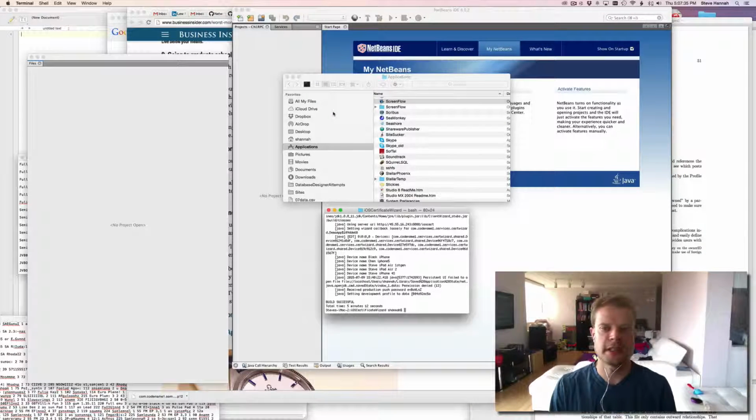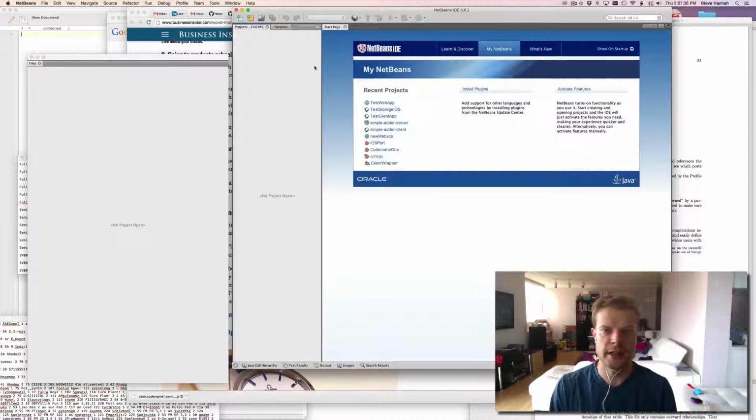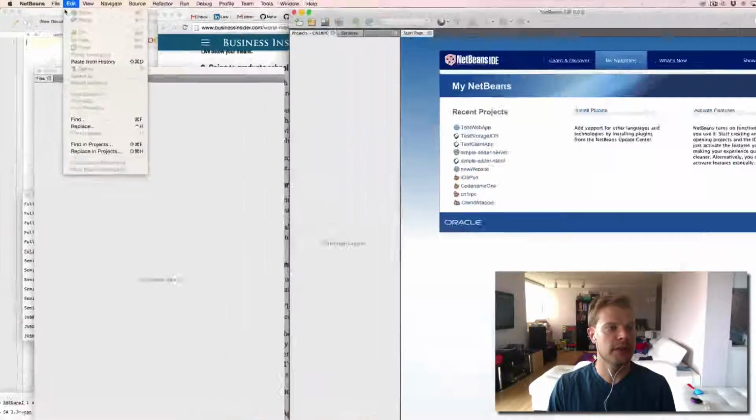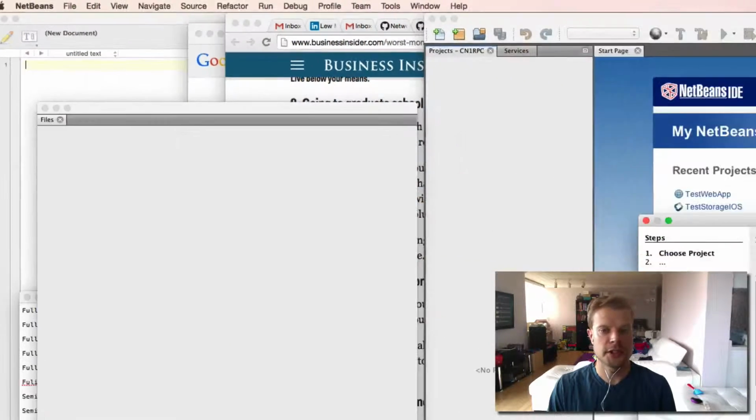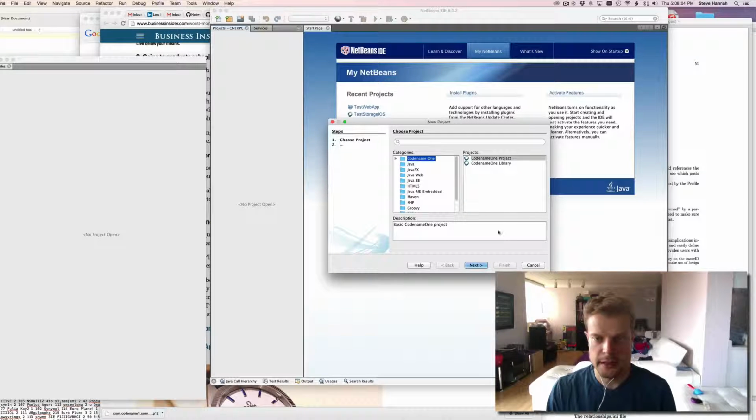I'm just going to take you through a quick demonstration of creating client-server applications using the new CN1 RPC library. So I'm going to start out. All we're going to do is create a little adder. We're going to create the client in Codename One, and we're going to create the server using just a Java web project. Okay, so let's start out by creating a new project, and we're going to start with the server